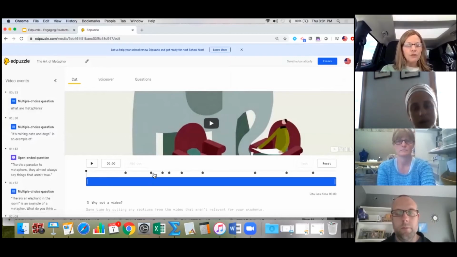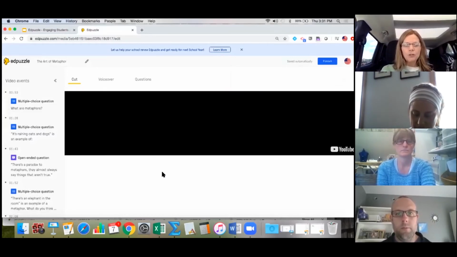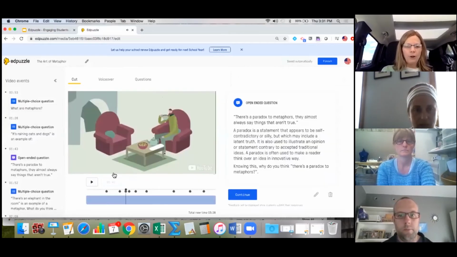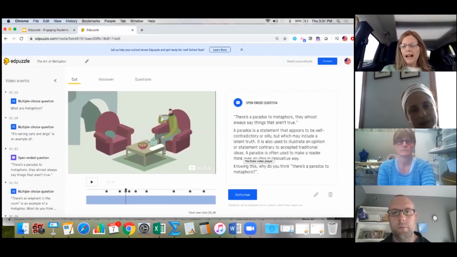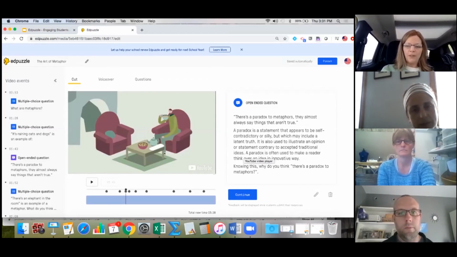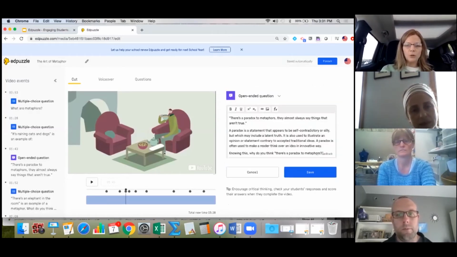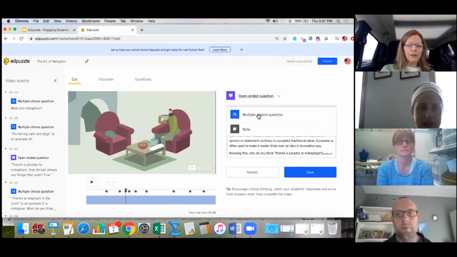And that first question was great. The second question was great. But this third question is the one that you either want to completely get rid of, or turn into a multiple choice question. I'm not going to take the time to read it, but this pencil is how you can turn it into a multiple choice. See, it's quite intuitive.